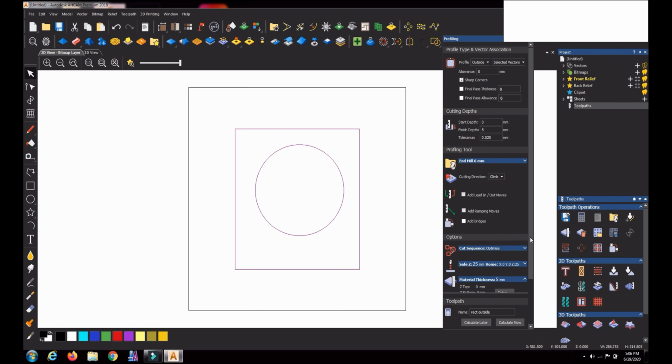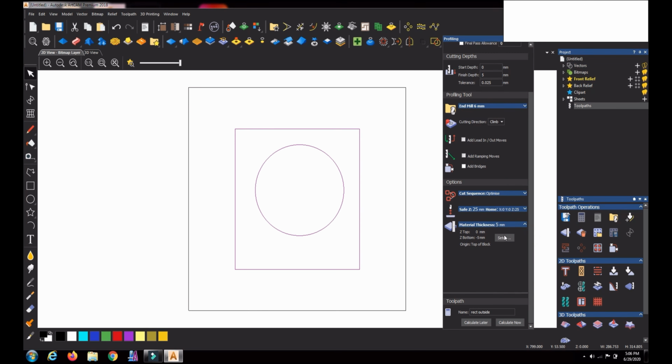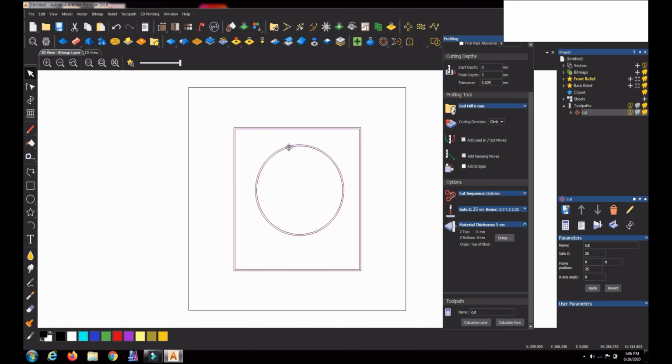Okay, then the material thickness I have also selected 5 mm only. Then I can give the cut. I just give a name, cut, and calculate. Now you can see the toolpath here. It comes inside the circle. This is outside the rectangle, but what we have taken here is outside because of the material in between the circle and rectangle. With that reference, both these toolpaths are outside.